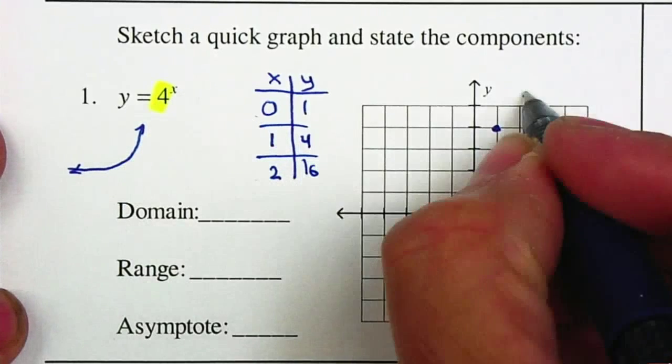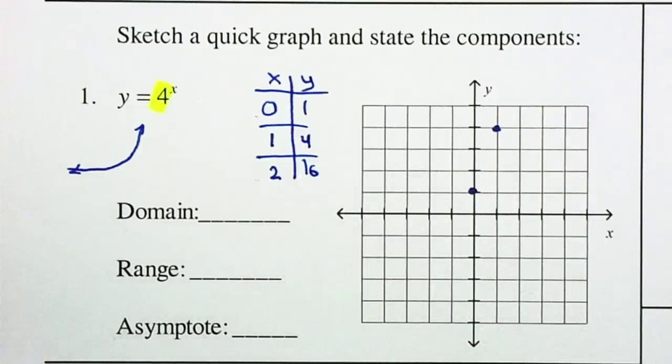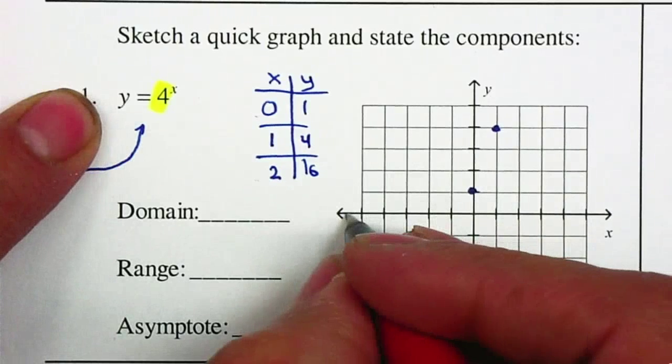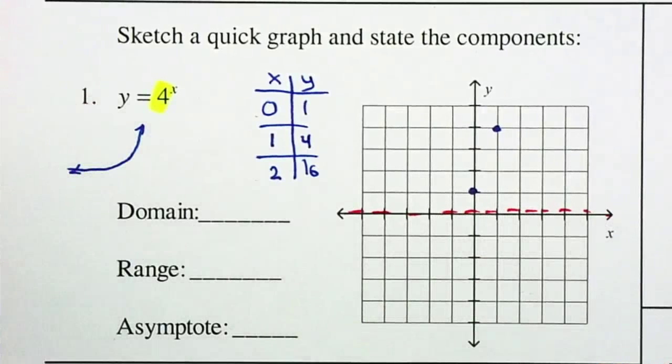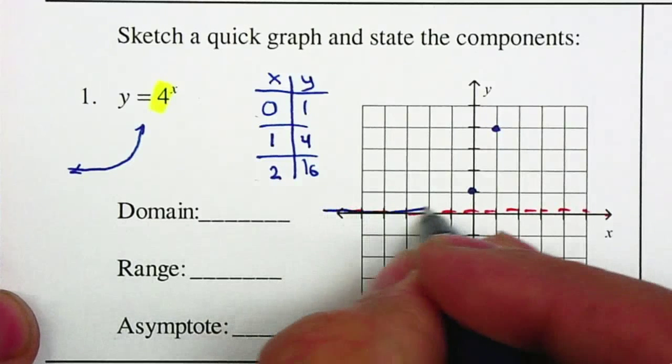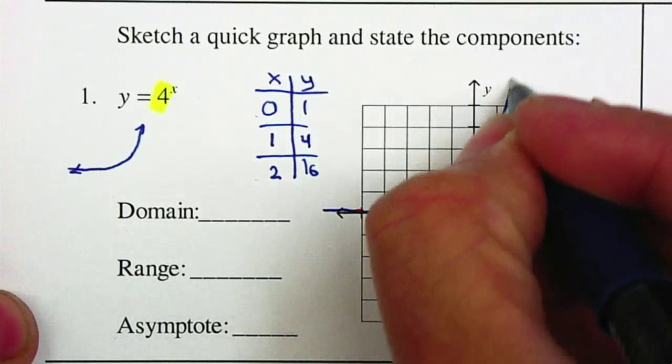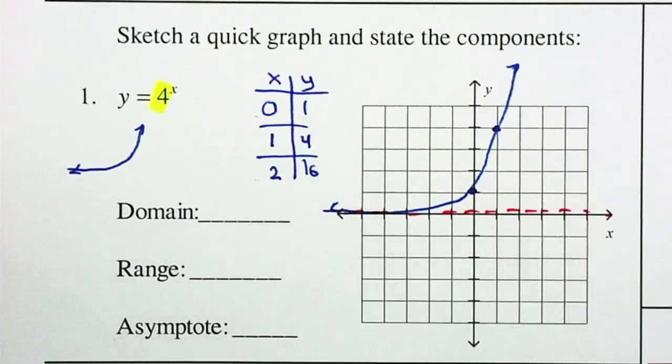And I'm not able to graph it. Remember, in this case, this graph is not being shifted. There's no h and k. So here's your asymptote. And it's going to be a growth. Now,